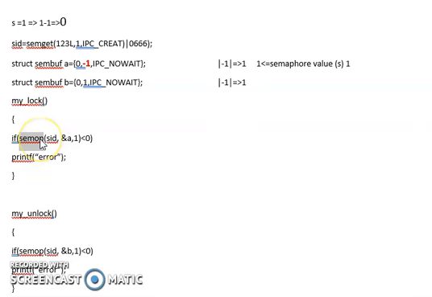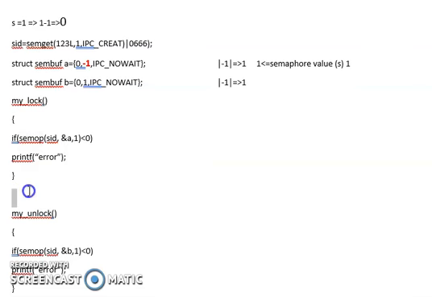It is held up inside SimOP system call only till when? Till P1 is in the critical section. P3 process comes, P3 also will be flowing in the same manner. Semaphore value 0 greater than or equal to 1, which is absolute value of SimOP. Again it fails. P3 also will be blocked under SimOP. So however many processes come, they all will be blocked under SimOP without any doubt.